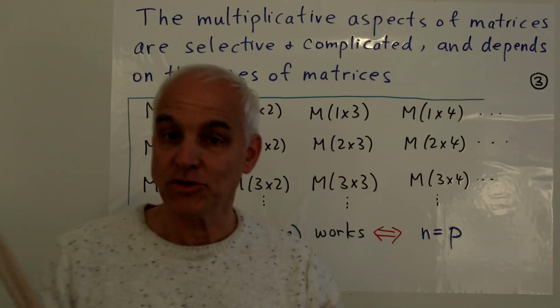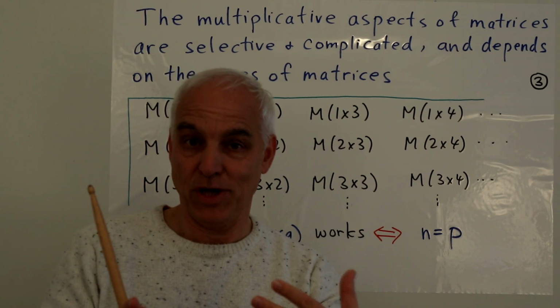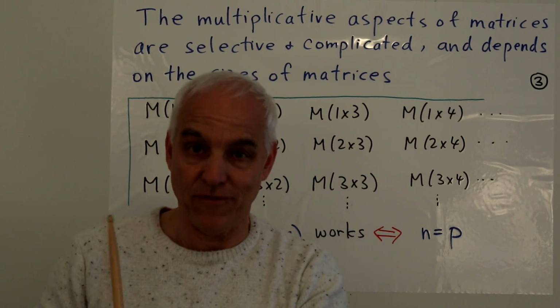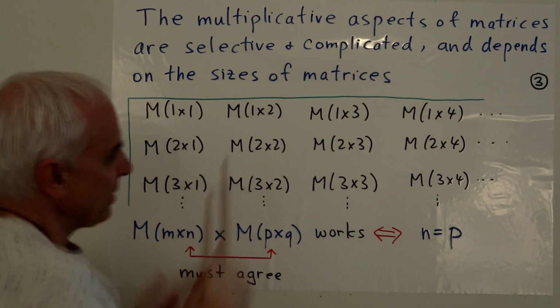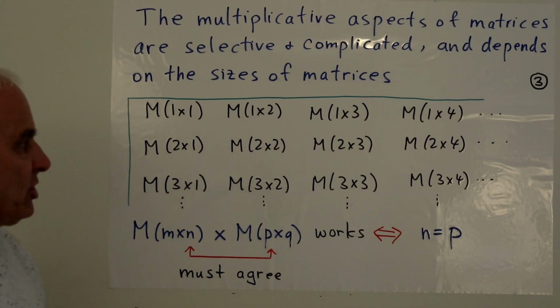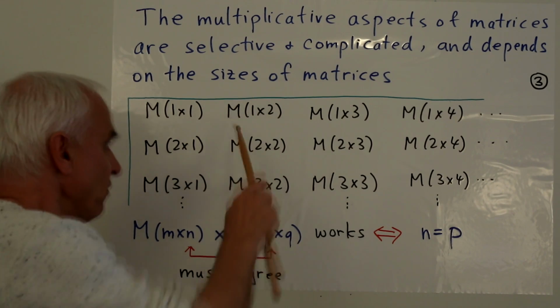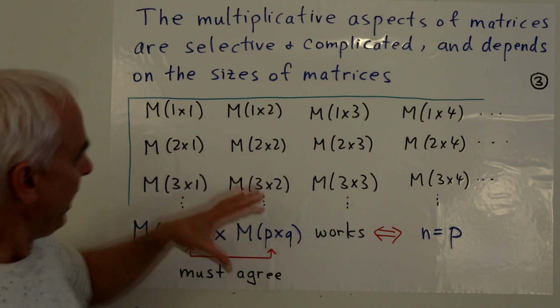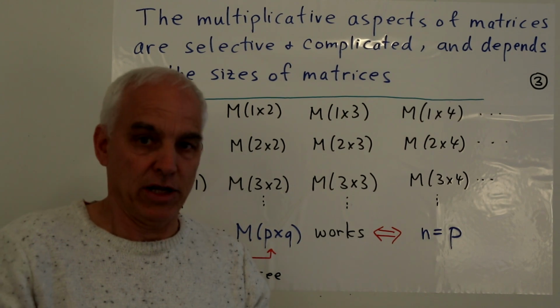So with matrices, there's a wider choice of possible sizes because it's basically a two-dimensional situation, as opposed to the one-dimensional situation for vectors. So we can create a picture like this where we see the various matrix spaces. Here's maybe the space of 1 by 1 matrices, and here's the space of 1 by 2 matrices, and so on. And so there are all these different spaces of matrices currently.